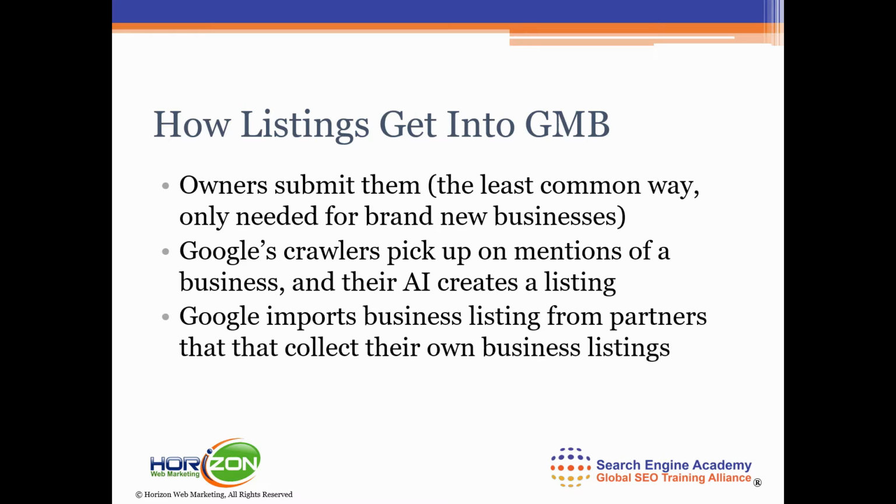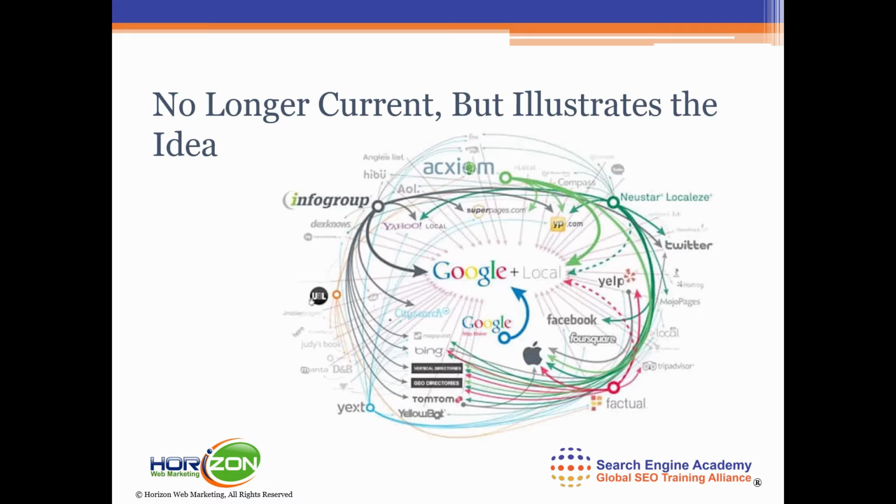Google also imports business listings from partners that collect their own business listings. So that would be things like the online yellow pages and data aggregators. I'm going to show you a rather confusing diagram. Now this is an obsolete diagram, but I think it's still really good in showing kind of the complexity of